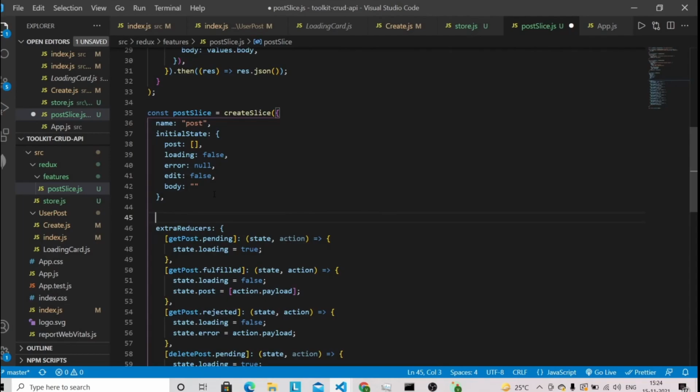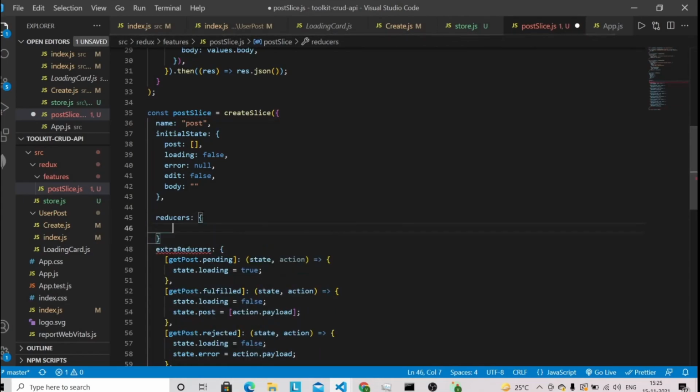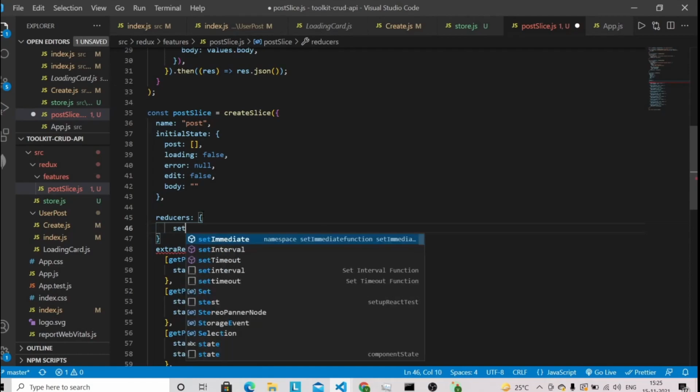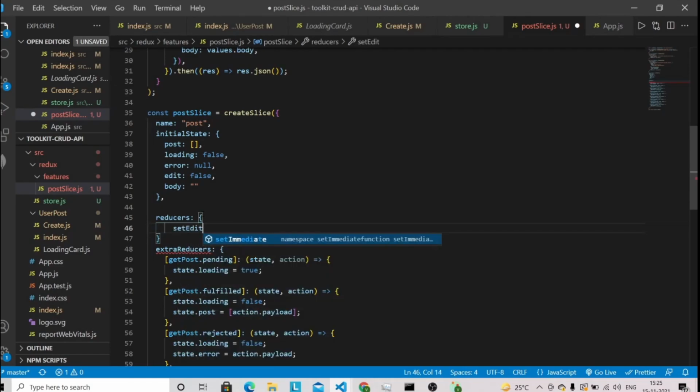We have to define one separate action, so we can define the action in the reducer. Inside that we are going to have the setEdit action, with a function taking state and action.